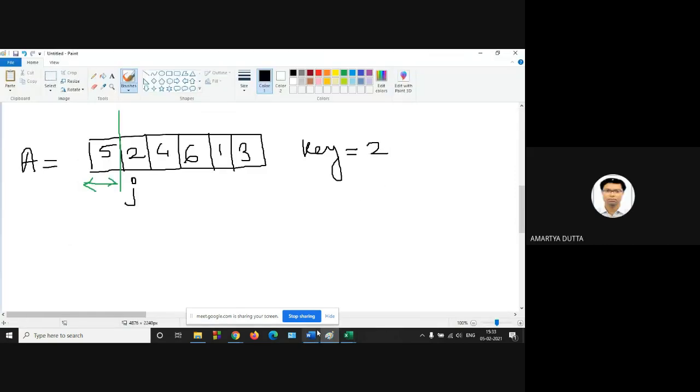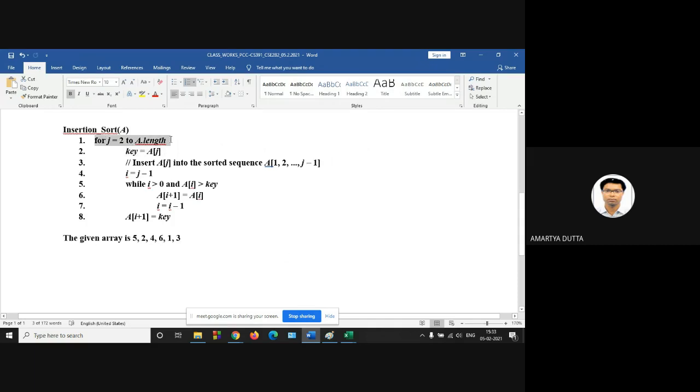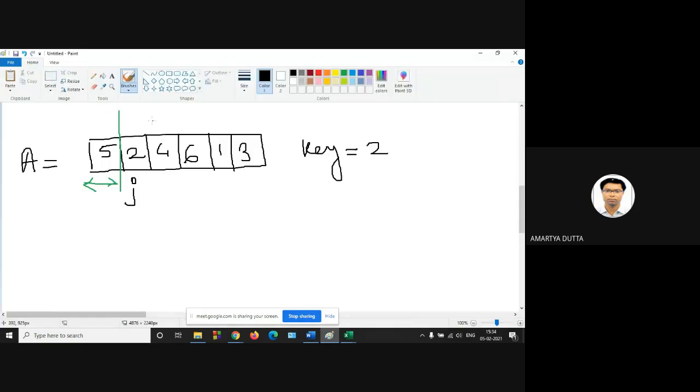Key value is 2. J runs from 2 to A.length, or you may write 2 to n. Now this is a comment line: insert A[j] into the sorted sequence from 1 to j minus 1. We have to store this 2 in the already sorted left subarray. This is the main concept, that's why the name is insertion. We have to insert the element in the proper position.